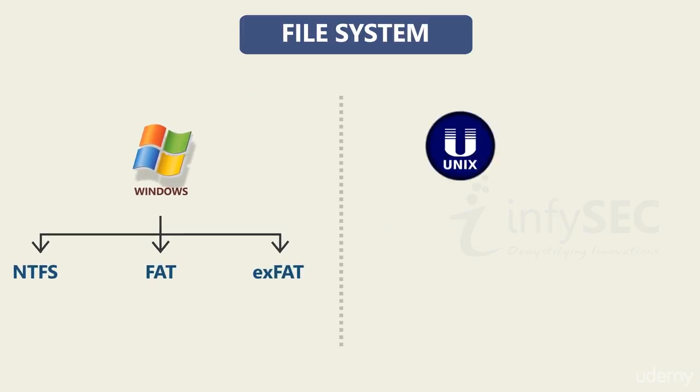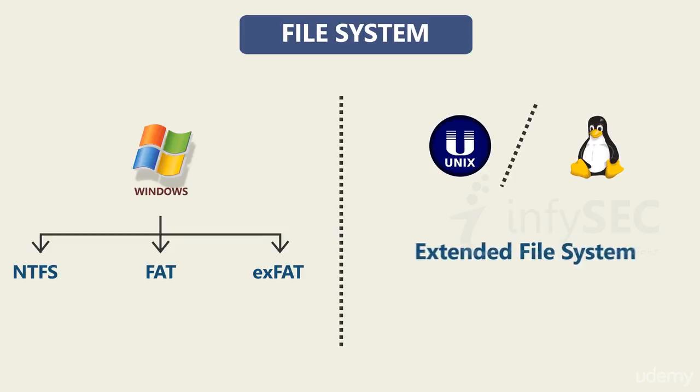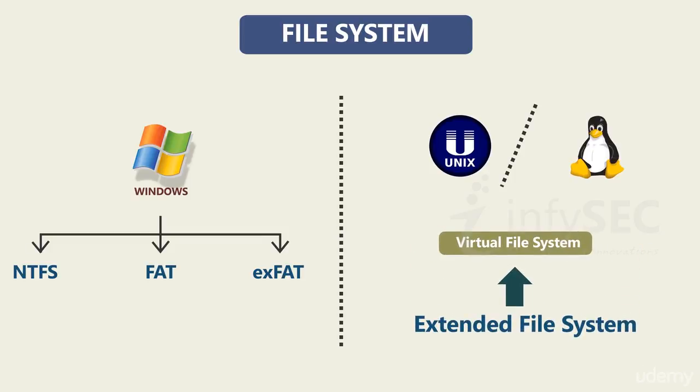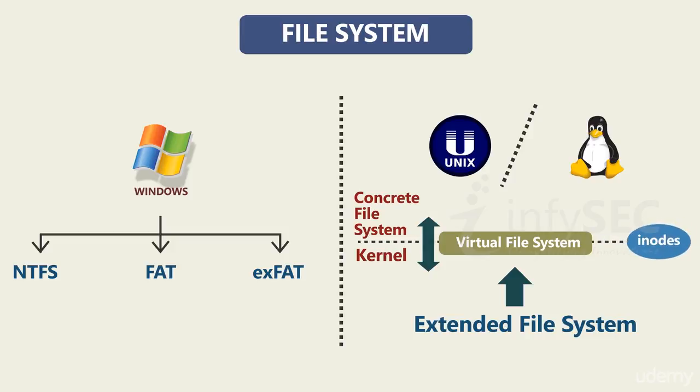When the OS is Unix or Linux, it uses the Extended File System, which follows the VFS or Virtual File System, an interface between the kernel and the concrete file system. The data structure of the Extended File System consists of the inodes, which are a list of file pointers,